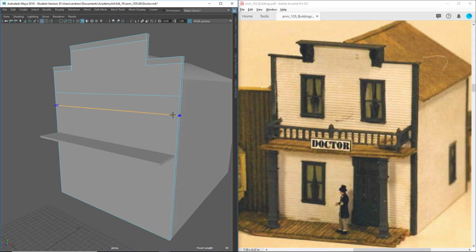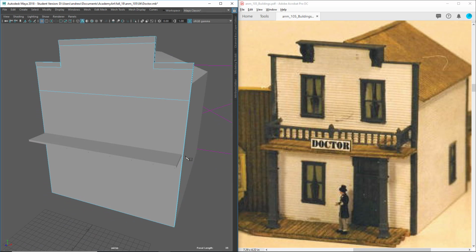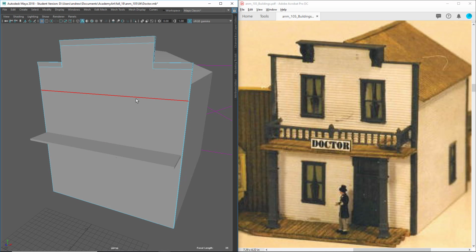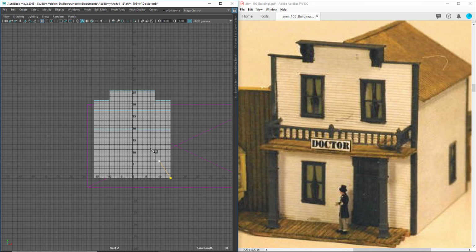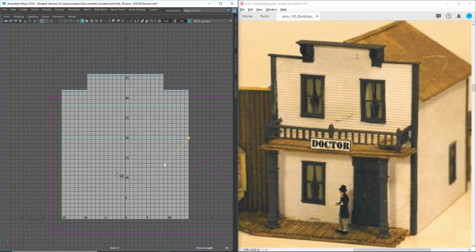But let's say that's about, is that the top of the window? Is that a good height, or is that too low? Oh, it's too low. I'm gonna right mouse click edge, double click, W for move, slide that up a little higher. Control Shift X. Let's find the bottom of the windows. Maybe there? Okay. Let's look at it from the front and try to do this evenly to get the